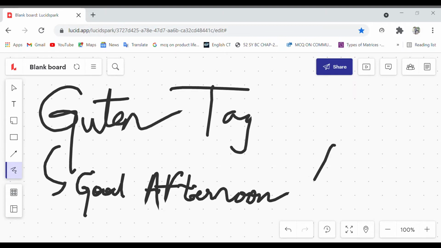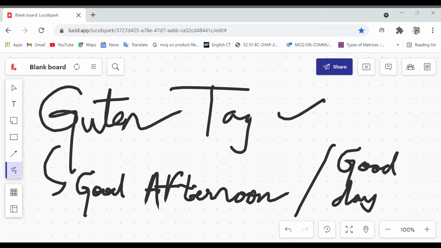Or you can say Guten Tag as good day. Both are correct. So we learned two words. Good morning is Guten Morgen. Good afternoon is Guten Tag.